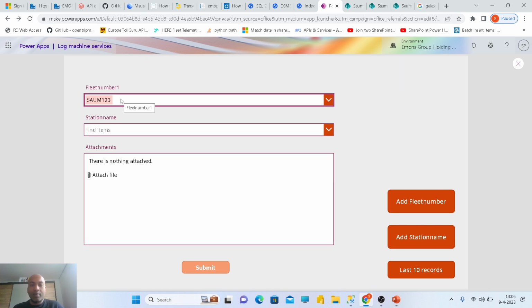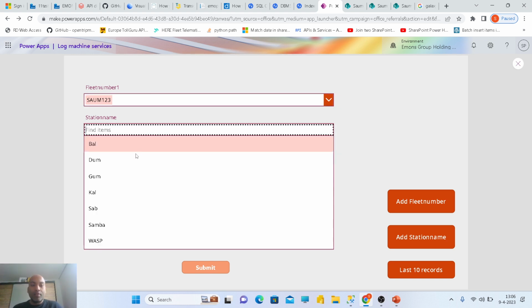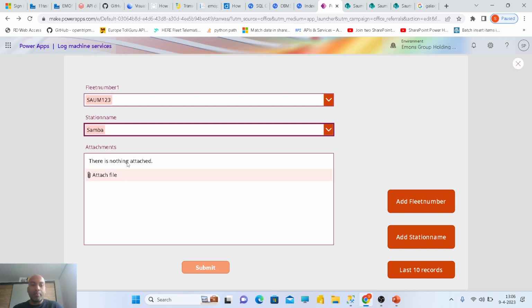This is the foreign key, so it will bring in the information of the type of the truck, and then I have to give information on where the truck was repaired. So if I submit,